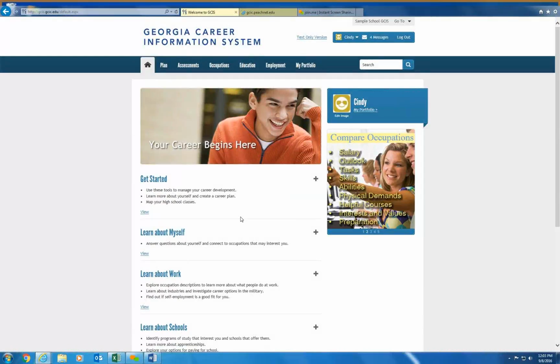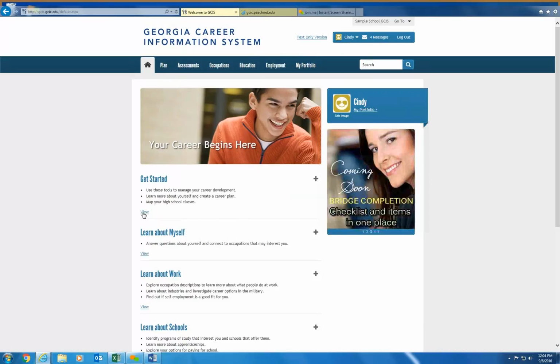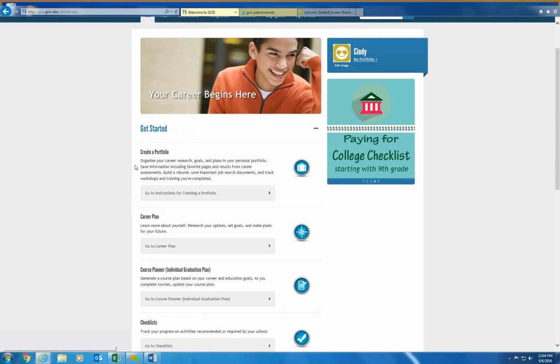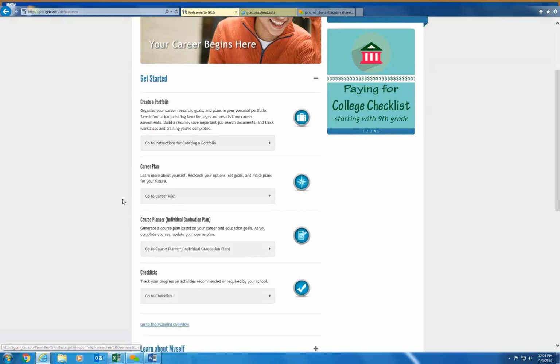And to find the resources in this system that would help them to accomplish those particular goals, the student can either click on the word View in each one of the areas, or they can click on the corresponding plus sign. So for the Getting Started elements, when I click on the plus sign, you'll see that it includes creating a portfolio, career plan, course planner, individual graduation plan, and checklist.